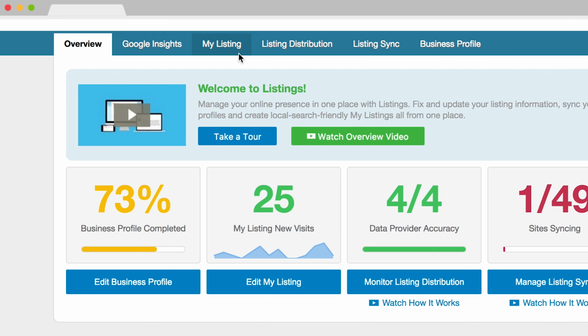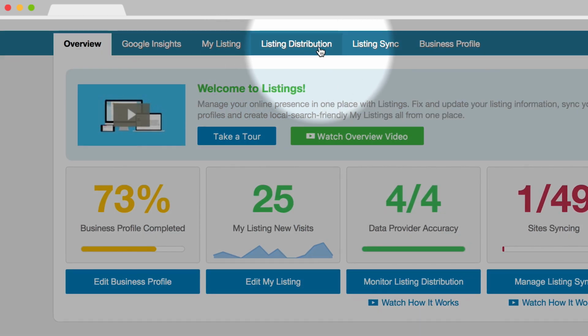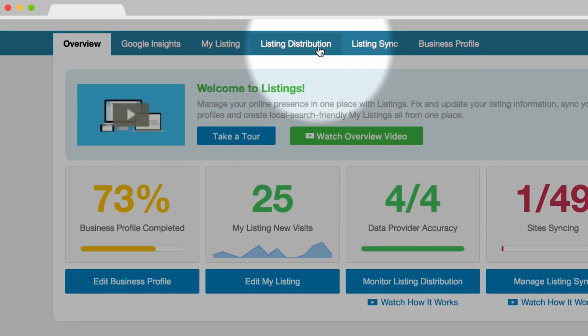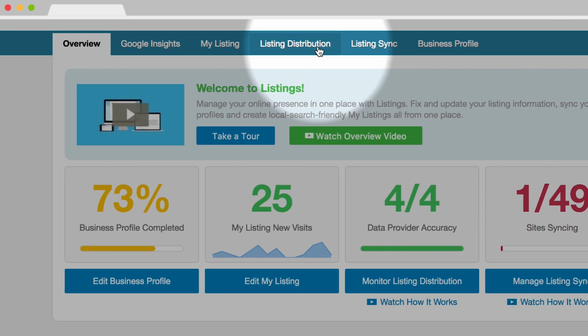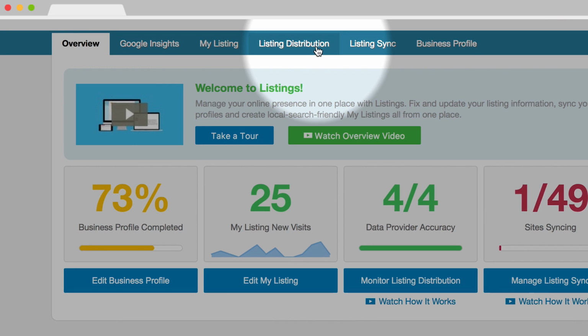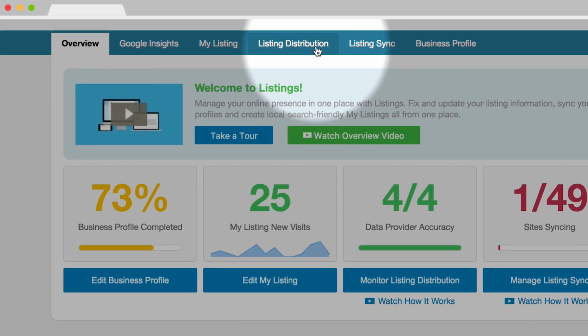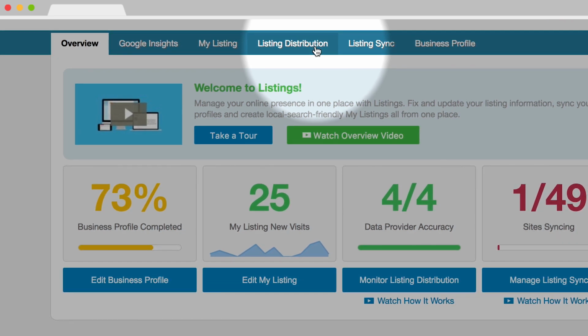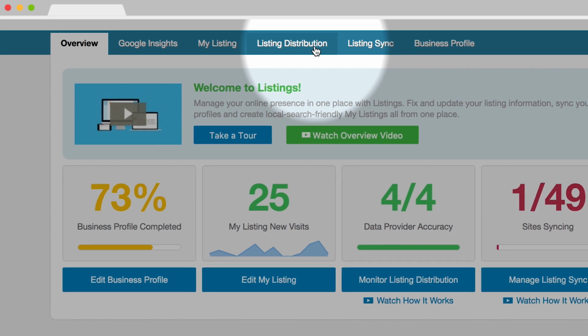This instantly provides you with another place for your customers to find your business online, and is fun and easy to customize. With listing distribution, you can see where your business's listing information sits on the 4 major data providers: Factual, Axiom, Newstar, and Infogroup. These 4 companies provide data to over 300 listings online, so it's super important that they have your business's correct